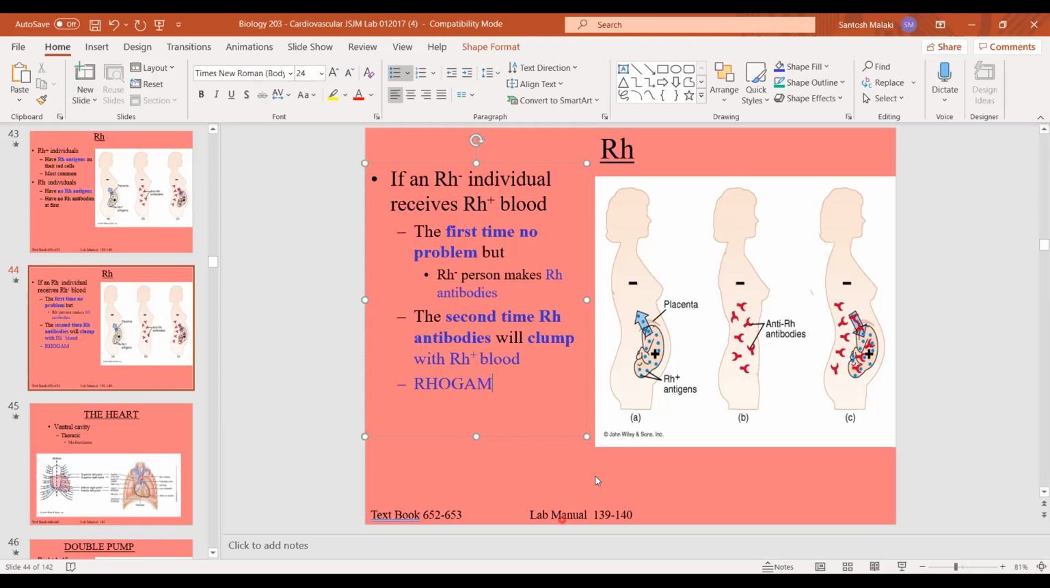And that is the essence and the significance of knowing rhesus positive and rhesus negative status of